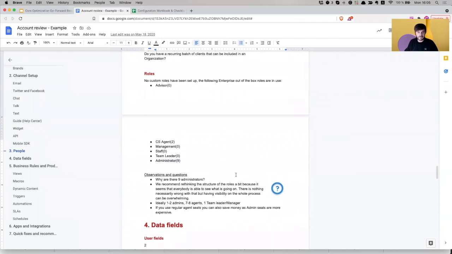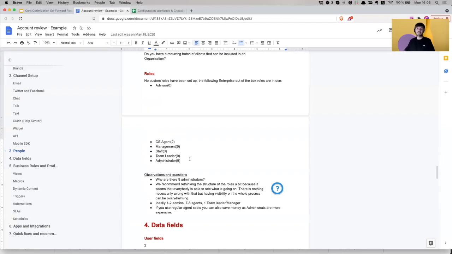It's advisable to have 1 or 2, because administrators obviously can change anything inside the system, and you want to limit people from making too many changes within the system, because that's how you end up with a clogged Zendesk, because everyone has permission to do everything they want, and obviously with good intentions, people just make these changes or go ahead